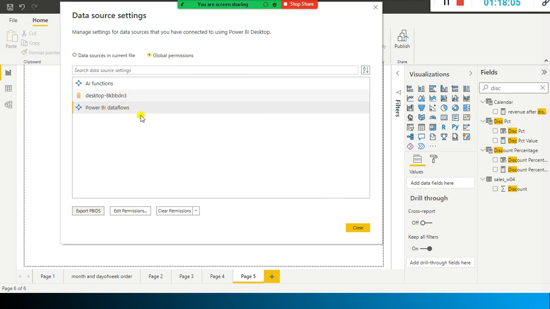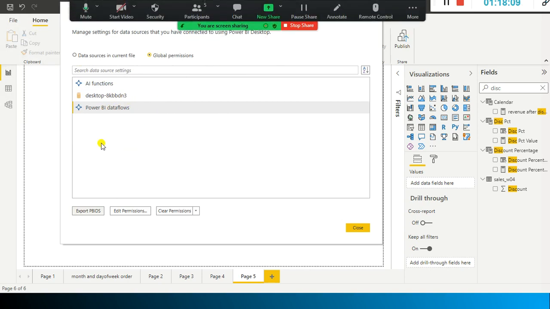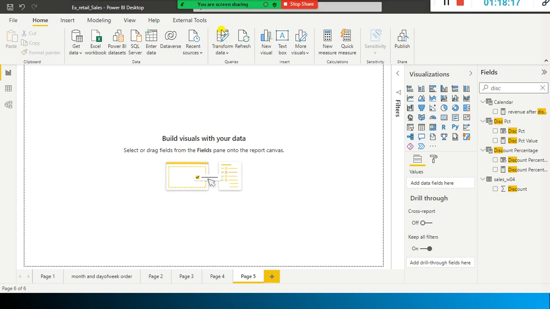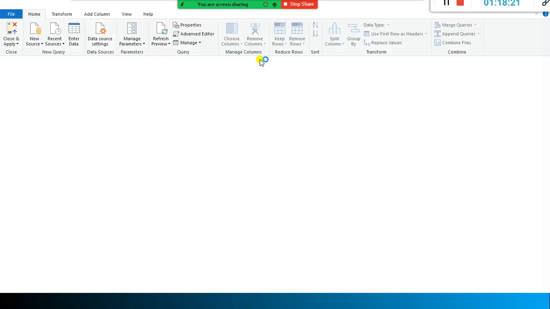See, here itself you can export as Power BI dataflows, and you can push it. That's why you can import the dataflows also, right? Probably you can try this one also. And the next step is close here, and let me open the transform data here.